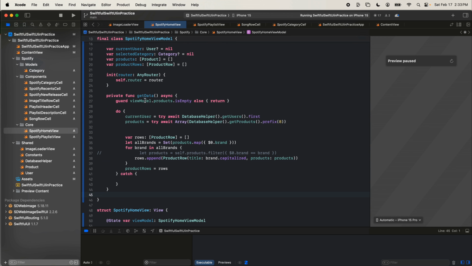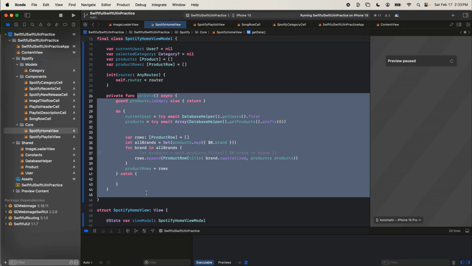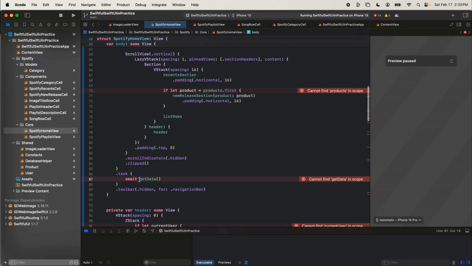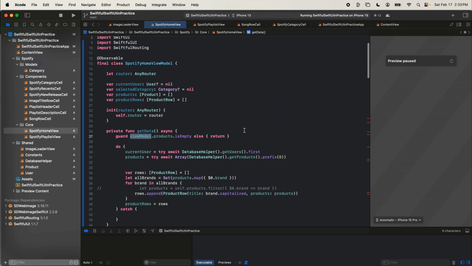So I'll do something like this. I will delete. Now we're just going to access the data in here. We'll make it public so that our screen will just call viewModel.getData. And we'll basically just go through and move all of the references that are reliant on the view model into view model functions. So this would be viewModel.products. I'm going to undo all of this and just hold Command Z to undo all of the view model work,